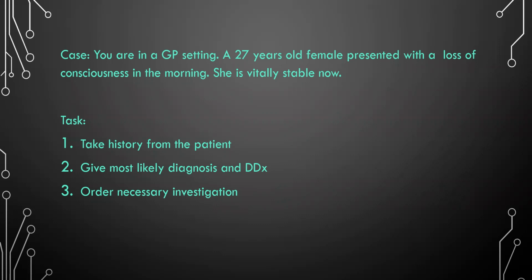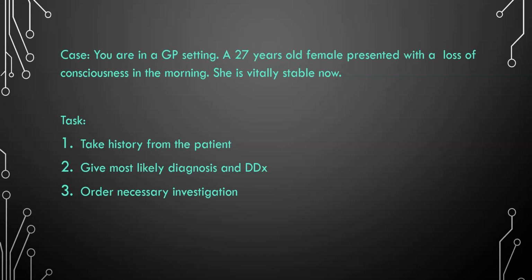And necessary investigations: all the basic bloods, full blood count, inflammatory markers, liver function, kidney function, especially electrolyte level, and blood sugar level. Some patients who are intoxicated with alcohol can get hypoglycemia also, so it is very important to measure blood sugar level. Then one of the other things I would suggest is a blood alcohol level, because this patient was at a party last night and had a binge drinking. You can also order a urine drug and toxicology screen. So these things we can add in this investigation.